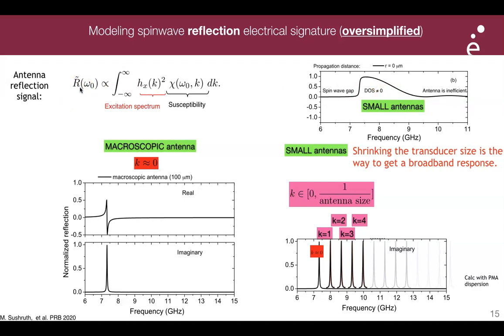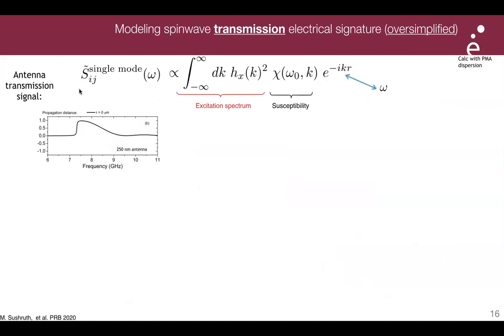Okay, but then it only tells you whether you excited spin waves or not. It doesn't tell you what happens to the spin wave. So to see what happens to the spin wave, you need to let them propagate. And so you will look at the transmission coefficient, the S21 or the S12 of your VNA. And then there's an additional factor in the response of the system: not only do you need to excite the spin waves with the antenna,